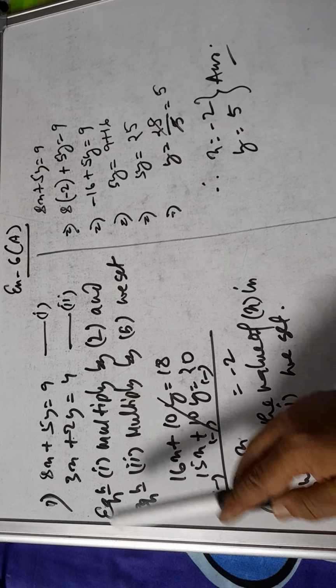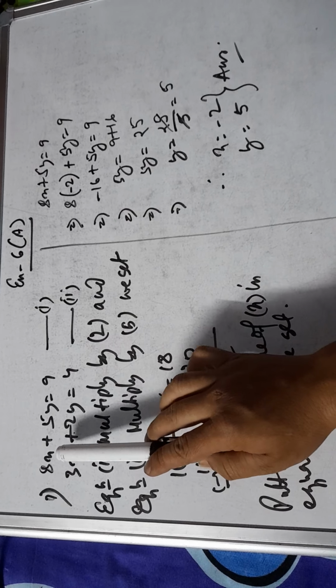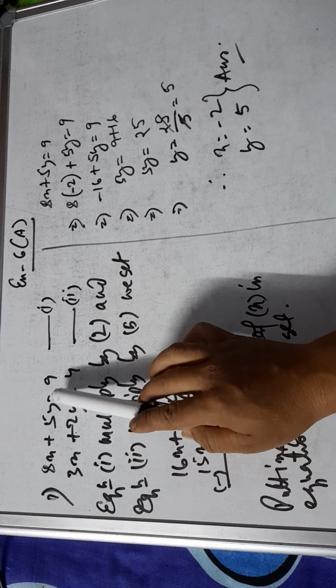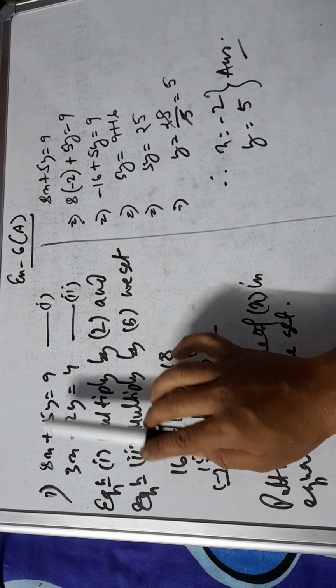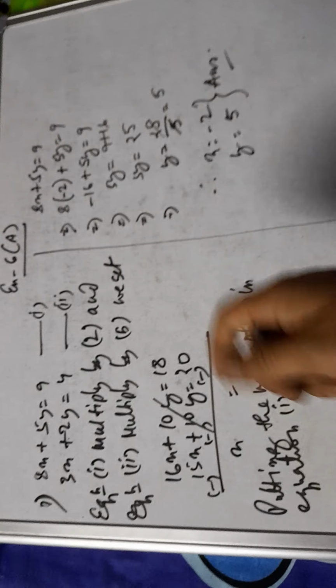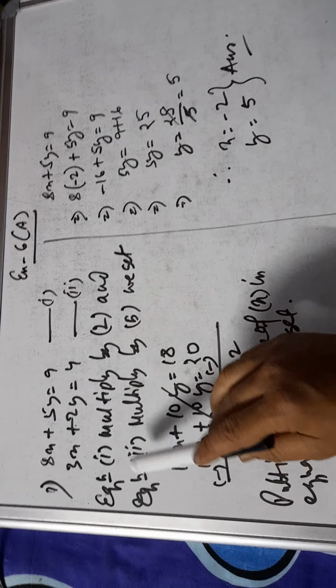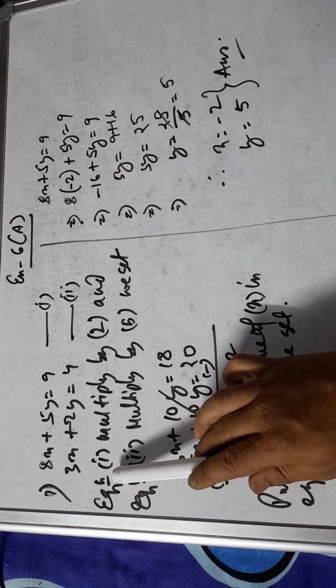You can see here that we have two linear equations. In these equations we have two variables. Why is it called linear? Because there are two variables, x and y. So we have to find the values of x and y from these equations. We have two equations, equation 1 and equation 2. This is a short form of the equations, you can write it like this also.